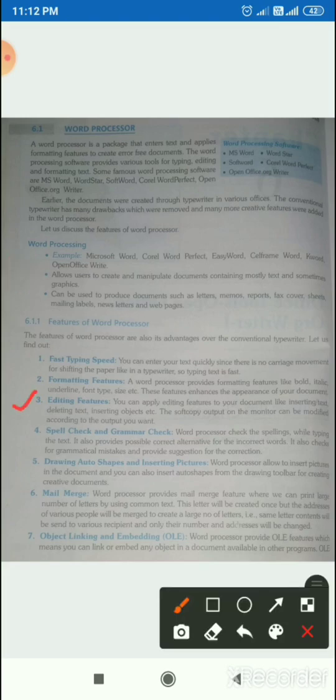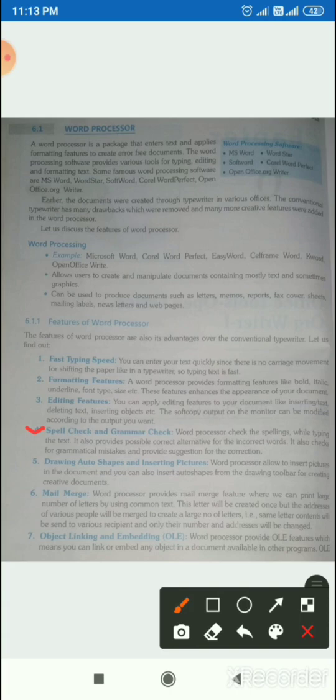Next one, editing feature. In it we can apply editing feature to our document, like we can insert text, delete text, insert object. Yes, we can insert the table also. The soft copy output on the monitor can be modified according to the output we want. Okay, next one is spell check and grammar check.